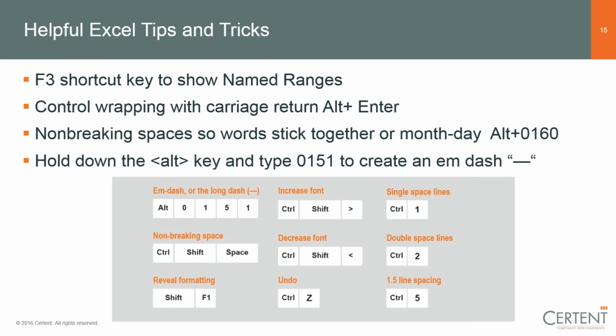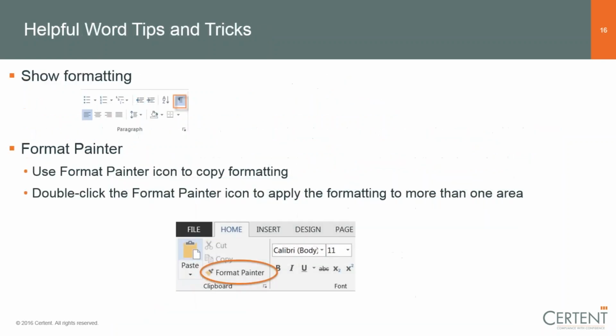To continue on, we'll roll into some helpful tricks with Word. And if you're not familiar with the Pilcrow underneath the Home tab, it's going to be your best friend when you're doing the formatting. What that's going to do is reveal any sort of formatting throughout the document. It's going to show you any hard returns, soft returns, all the spaces, any non-breaking spaces. It's going to show you any page breaks, any section breaks, basically any of the formatting stuff